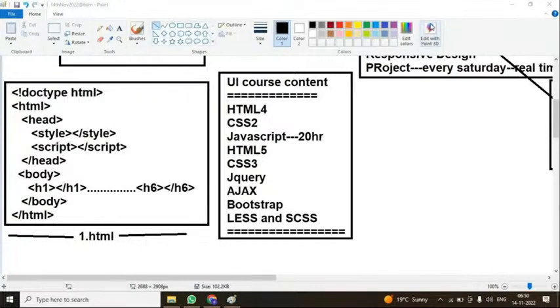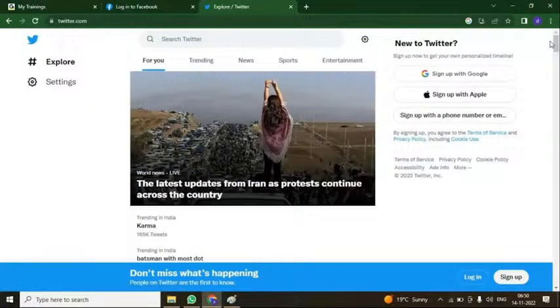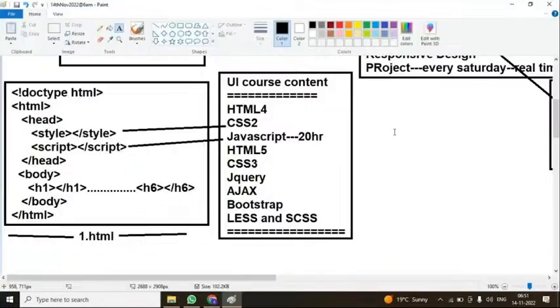a real-time project. I'll open one website and design it as it is, in front of you, from scratch. The front-end design part of that application: home page, about page, login page, create account page. Like that, one by one, I'll show you how to create all the pages. In our course, I'll explain only as much server knowledge as is required, but we are not going into complete server-level programming